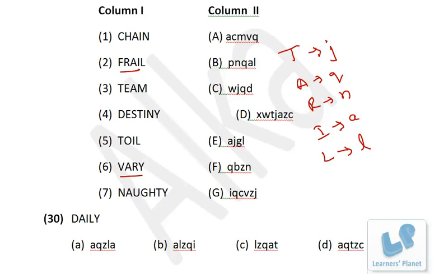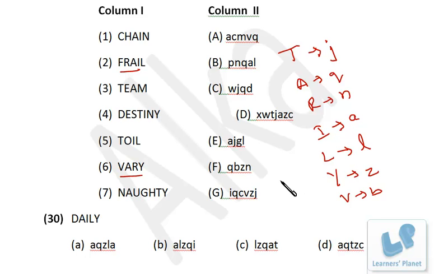Similarly, we can find for Y. Here Y is common between these two, so Y is... A and R we have already found out, so it's A and R, Q and N. That means we are left with B and Z, right? Now what is common between these two is Z. That means Y should be Z. Now if Y is Z, A and R we are already having, that means V must be B. Right? Now this is enough, not to find more codes over here.